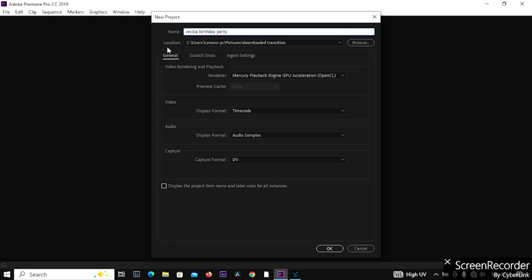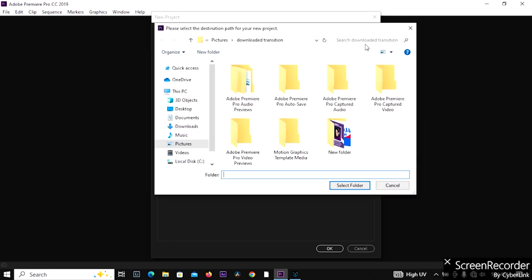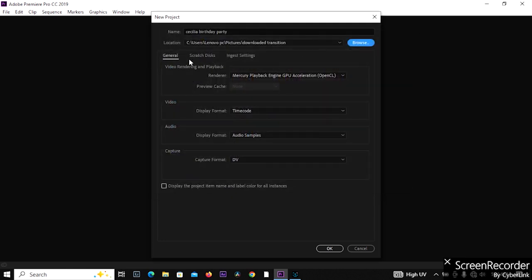Then here is the location. The second thing is the location. So here is C:/Users/Lenovo/Pictures, then the extension, transition. This is the folder where the project file is saved. I can change the location of the project file by clicking Browse here. I will then select where I want to save the project file and change the location. The essence of the project file is in case